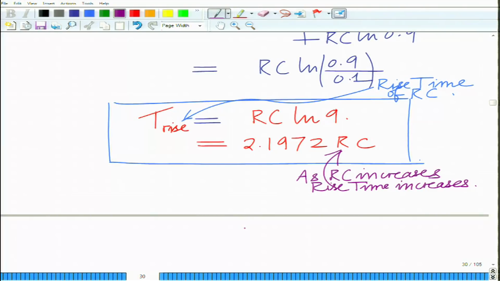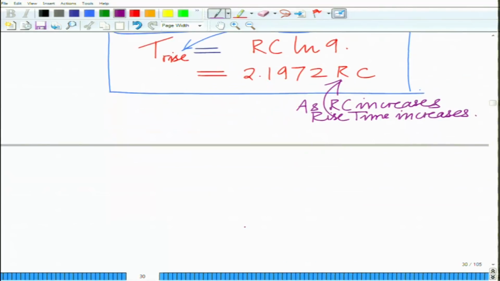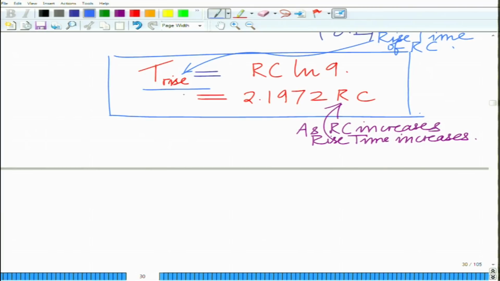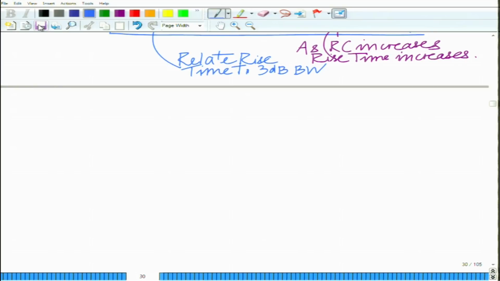As RC increases, the rise time increases. Now, we want to relate rise time to the 3 dB bandwidth. Observe that the response of the RC circuit, and this is what we have already seen, the transfer function